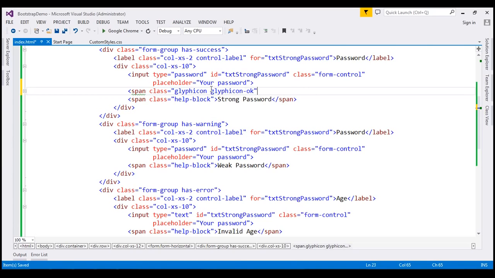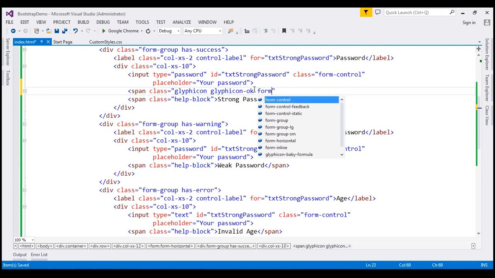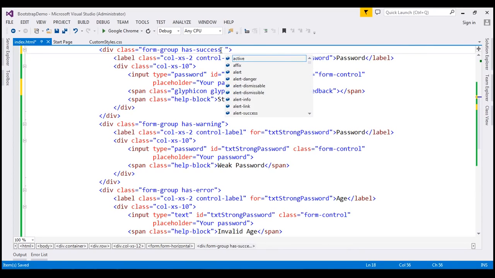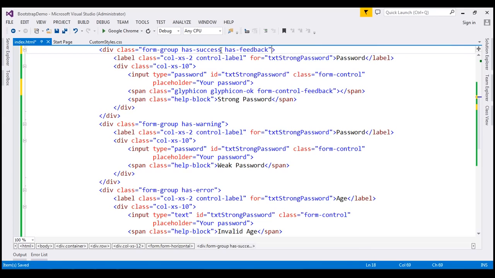In addition to the glyph icon name, we also have to use a class here, and that is form-control-feedback class. And on this div element right here, which has the form-group and has-success classes, we have to use another class, and that is has-feedback class. Let's do these changes for the other two div elements. So on the second div element, let's use has-feedback class, on the third one as well, and then let's use this span element